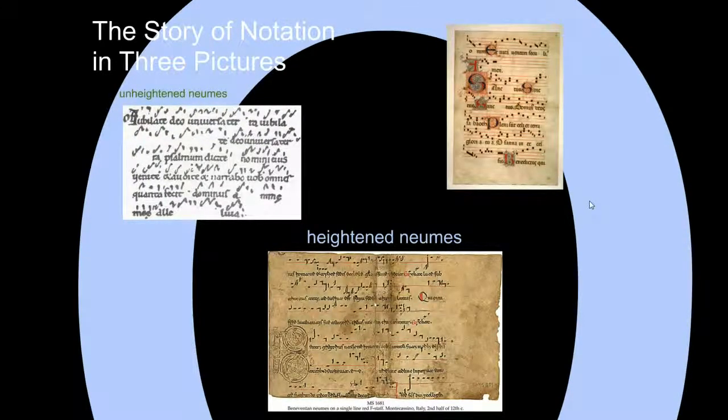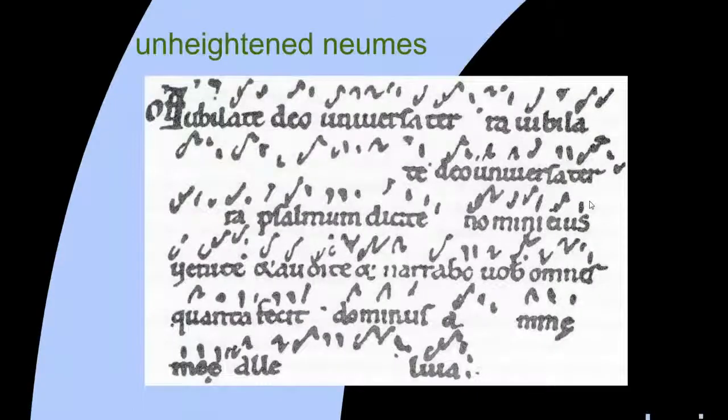Western civilization then had to come up with a new system from scratch, and here is the story of notation in three pictures. First, people came up with this system of unheightened neumes. Now, these songs were still kind of the same throughout the Dark Ages, around 400 or 500 to around the year 800 or 900 CE. But there was no way of writing them down, so they had to be passed down orally. So the older generation would teach them to the younger generation, and they would memorize them, and then they would pass them down to the next generation, and so on and so forth. Which was very efficient, but also certainly resulted in some small changes throughout the centuries.